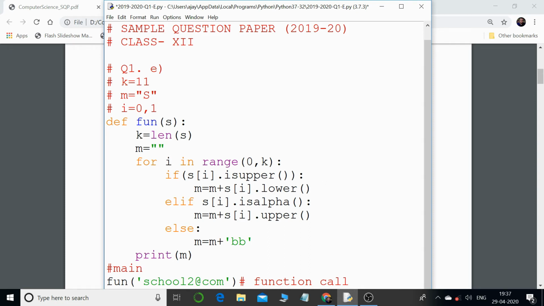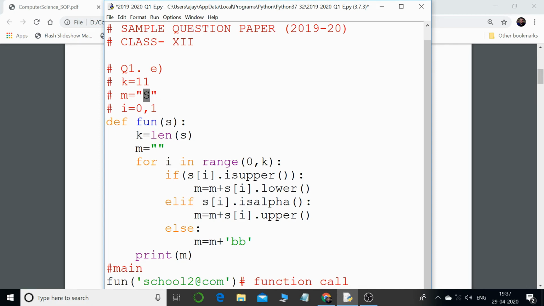Now if you see the condition again, s of i, that is 1 at this point, is C, right? The character is C over here, right? So the condition goes false because it is not an uppercase letter, and then it will come to this, and this particular condition will go true since this is an alphabet. And again I am joining that particular character with the value that m has. And now what is the value of m? The current value of m is S, the string or the character value.